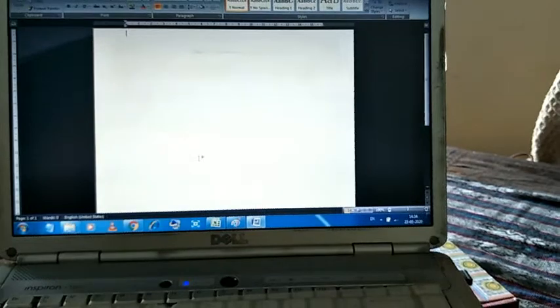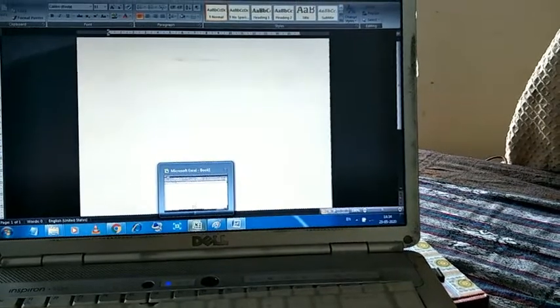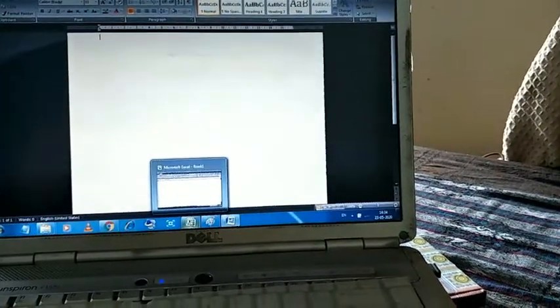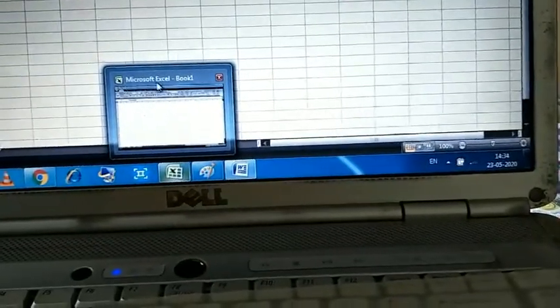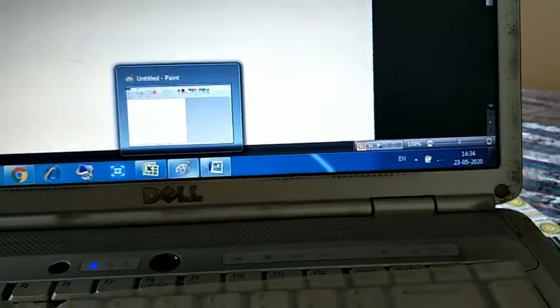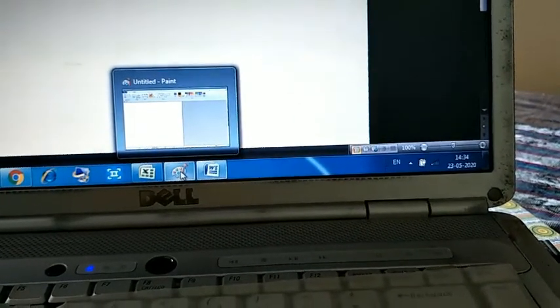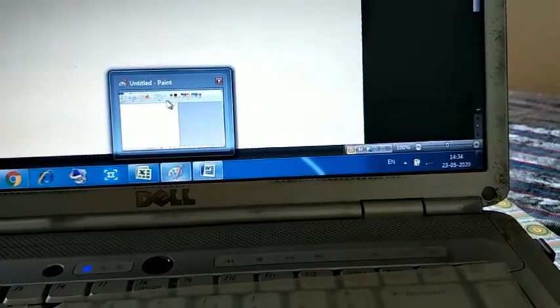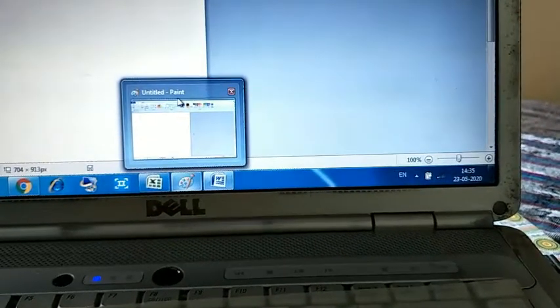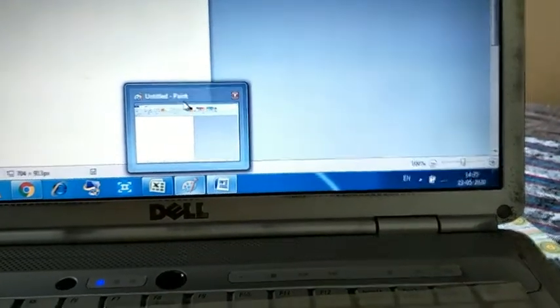Now the second one is the use of the taskbar. That is called taskbar preview. Look here, that thumbnail image is called taskbar preview. With the help of this image you can understand. The first file is the MS Excel file. If you place the mouse cursor on the second icon, you can see the second program is untitled Paint.